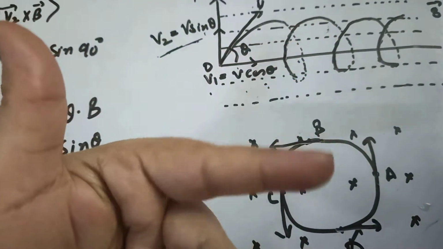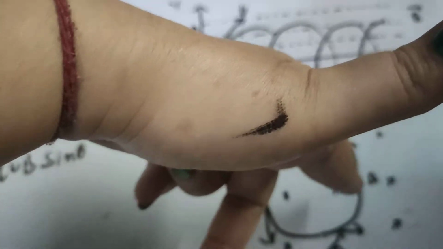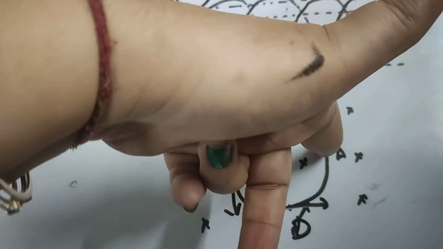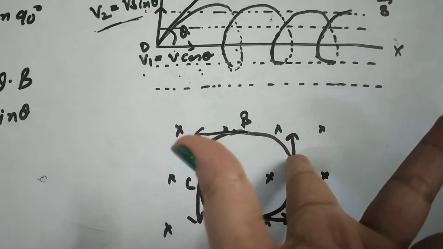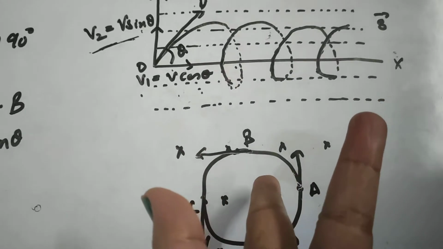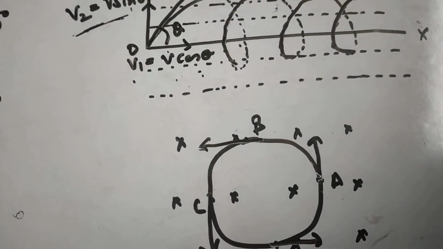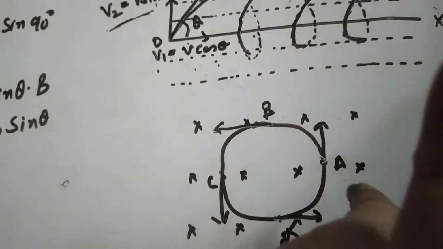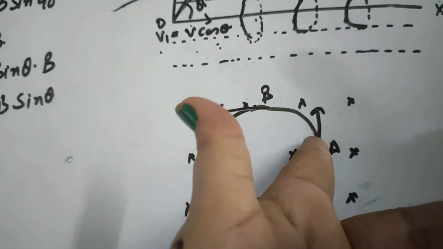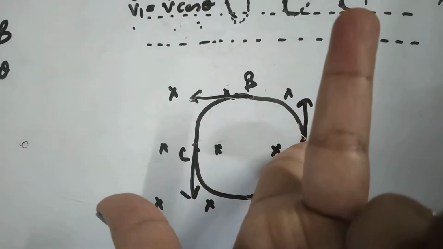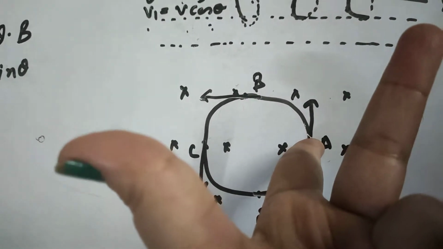Now in this case, the direction of magnetic field is directed inward, right? This is inward. The moving charged particle is moving upward. See here, upward. So the direction of thumb is toward the center. If I show it more clearly, see again, the direction of magnetic field is directed inward at this point. The charged particle is moving along this direction and the thumb is pointing toward the center.